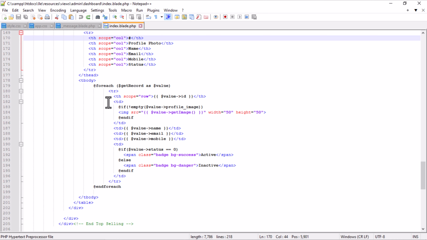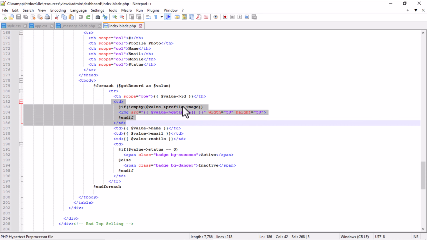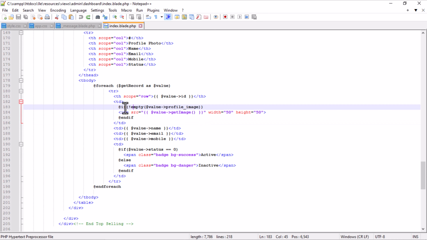So we come here. This is where I'm displaying the profile image, which is extracted from the table column called profile photo. I use if else. If the database column with the profile image is empty, that is why you are seeing this. If it is empty, the value displayed is going to be empty, so it will not crash. If you don't put this, your system will crash, because if it doesn't find an image,